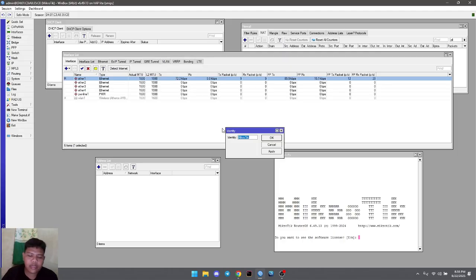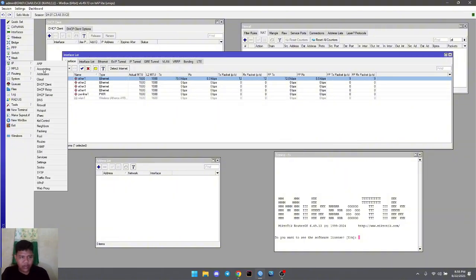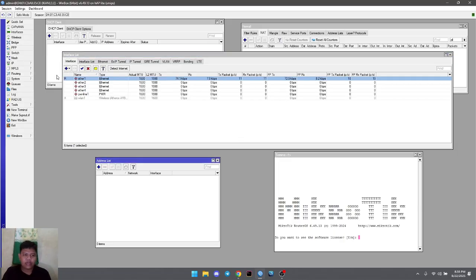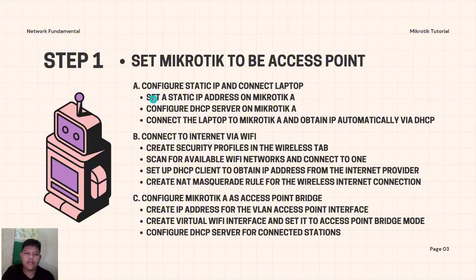I will give the name Ikan Lili. Apply and then OK. And then I set the IP addresses like the first step, set a static IP address on MikroTik A.